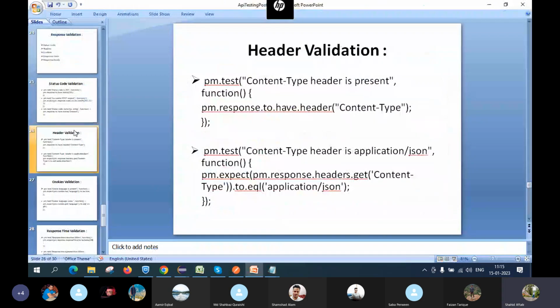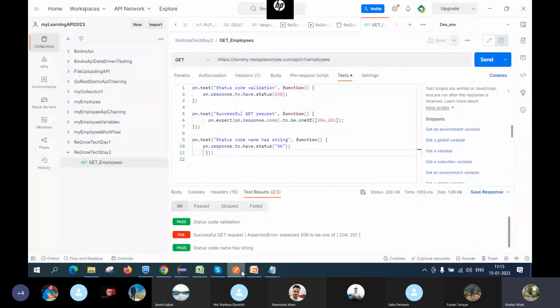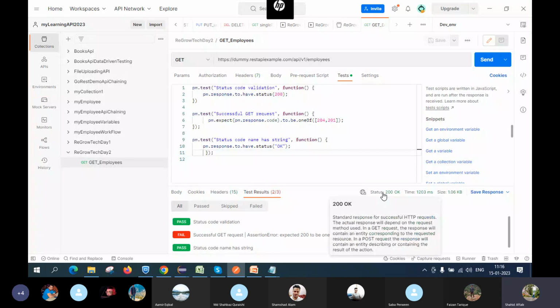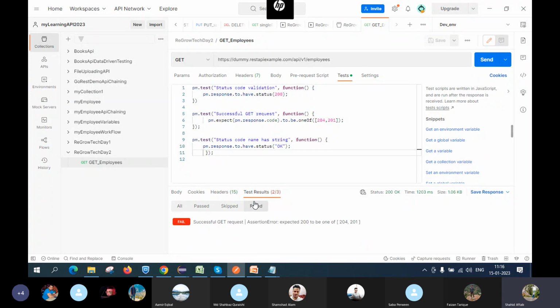ठीक है, अब हम लोग हेडर का वैलिडेशन करेंगे। हेडर मीन्स, हेडर क्या कंटेन करता है, वहां पे बहुत सारा कुछ दिया रहता है। देखो क्या क्या मिलता है। हमने स्टेटस कोड को कर लिया है, अभी हेडर की बात कर रहे हैं, फिर कुकीज होता है, फिर बॉडी होता है जो हमें मिलता है। हम लोग बोलते हैं ना, अरे यार वो वेबसाइट भेजे उसका कुकीज स्टोर हो गया है, कुकीज वर्ड सुने हैं? ठीक है, तो कुकीज का भी, क्योंकि तुम अगर किसी वेबसाइट पे काम कर रहे